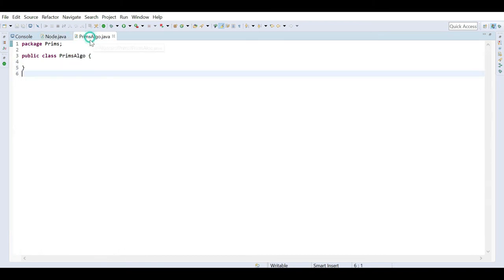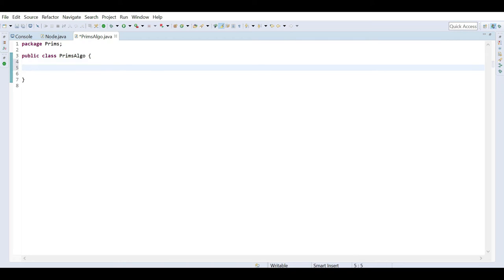Now I will go to the main Prim's algo class. Here, as it is a graph, I have to maintain a few things which you have seen in an earlier video also, like the number of vertices.